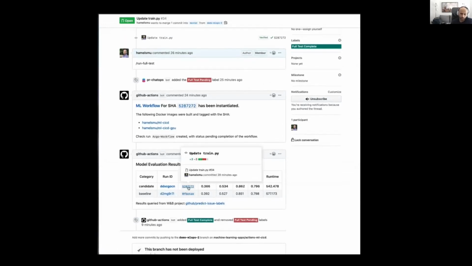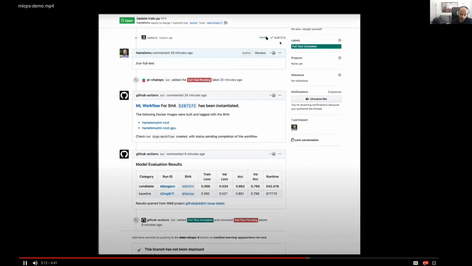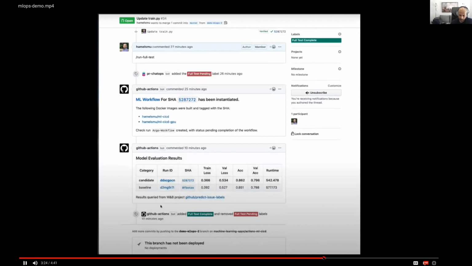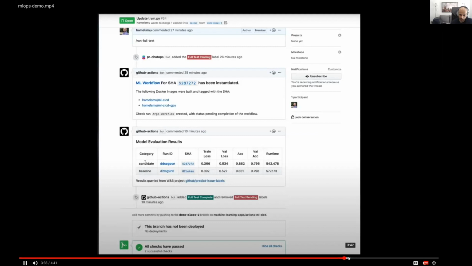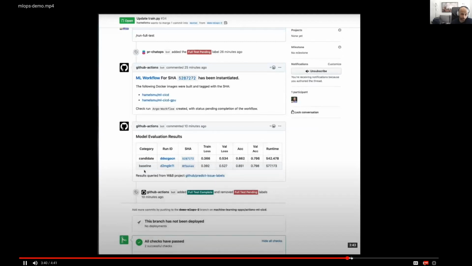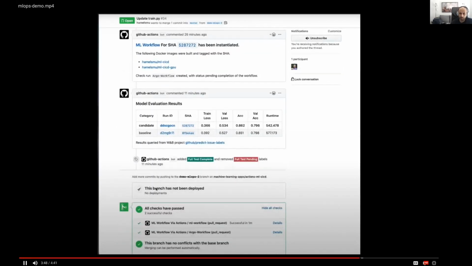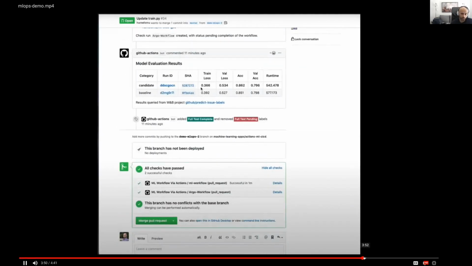And we can verify that the SHA there matches the SHA that's in the table. Let me fast forward a little bit, go through this a little bit faster. Okay, so let's say you want to deploy the model. You might say, okay, I'm ready to deploy one of these models, or test the model in another way, or do some kind of canary